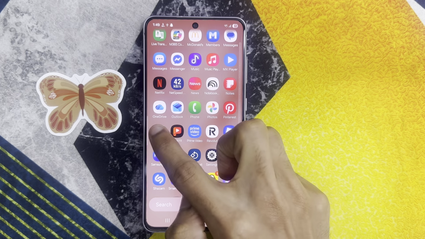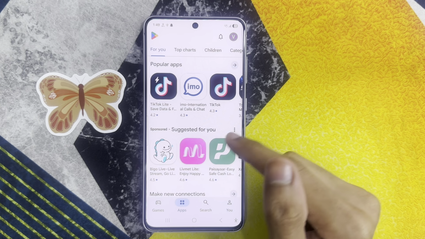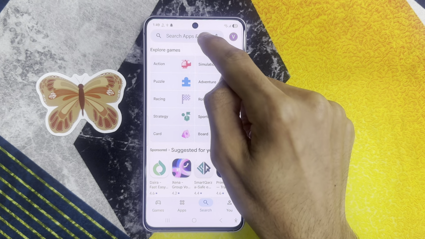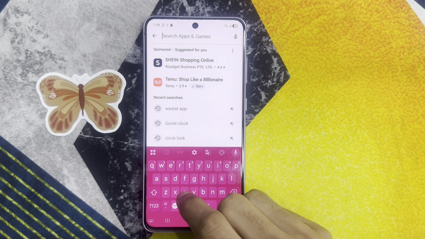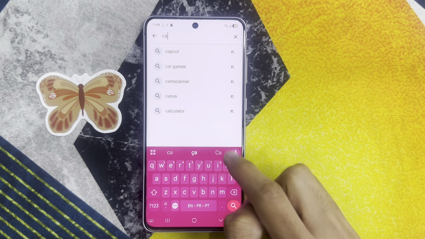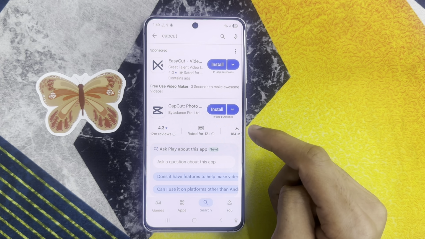Here click on Play Store app. After click on Play Store app, click on search and search CapCut app. After search CapCut app,